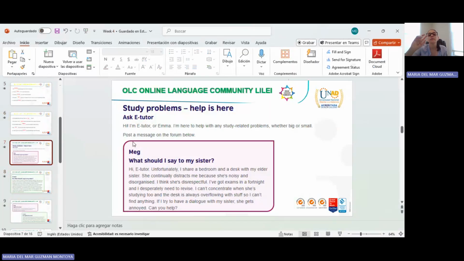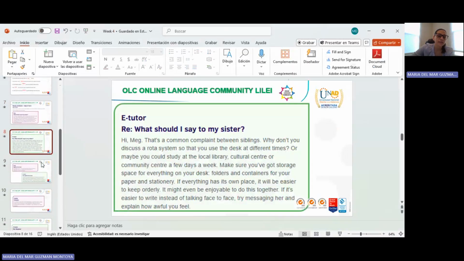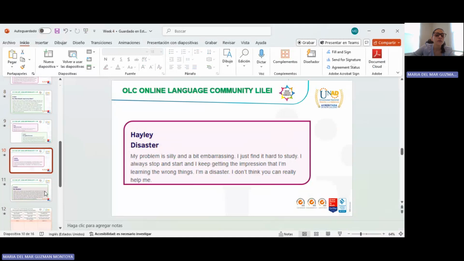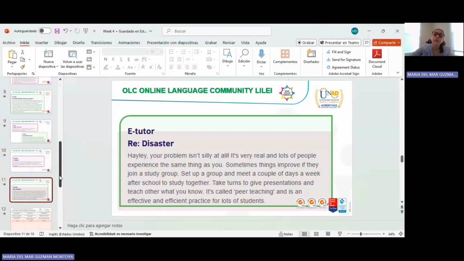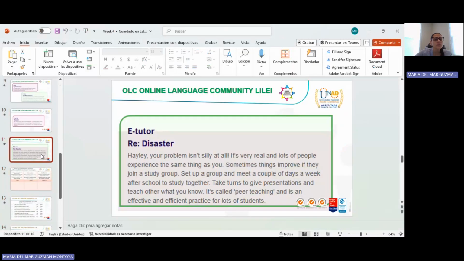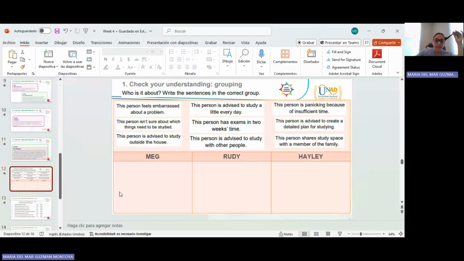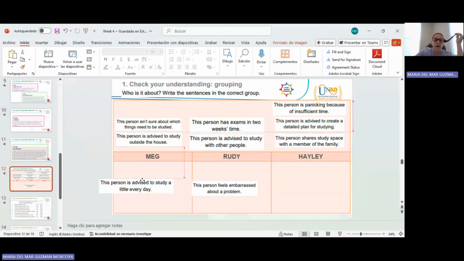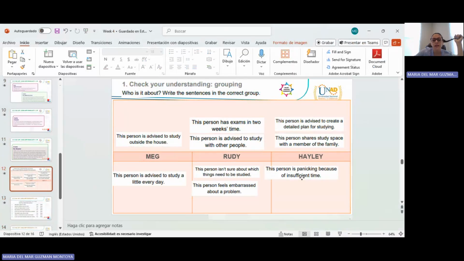So the idea is that I usually read it aloud with the students. We take turns, we read the document, what it's talking about. At the end, I always ask them what they understood, if they have any kind of questions about vocabulary and stuff. And we solve all their doubts. Then, after that, I show them the activity. This activity is to put the correct sentence, depending on who says it, right?